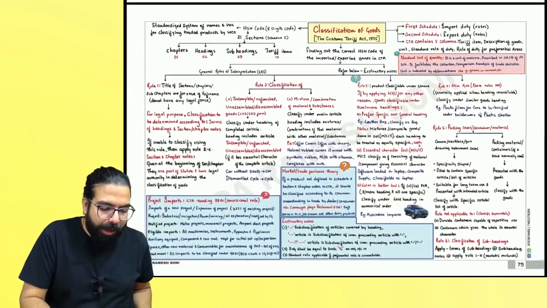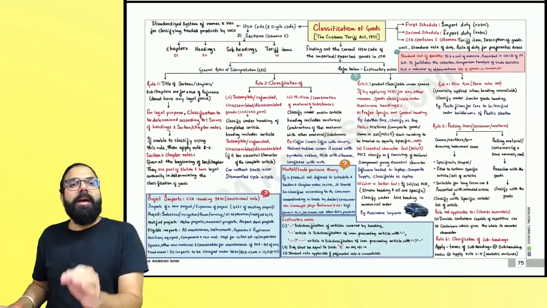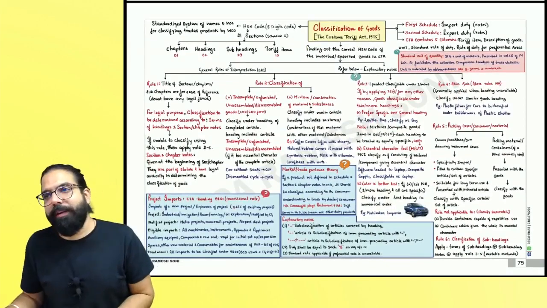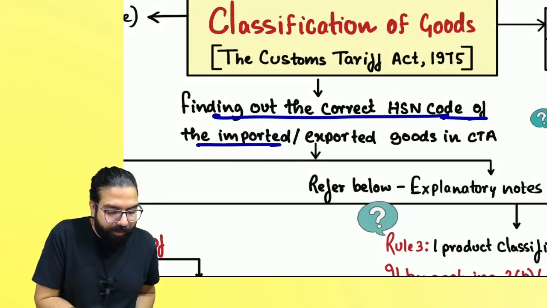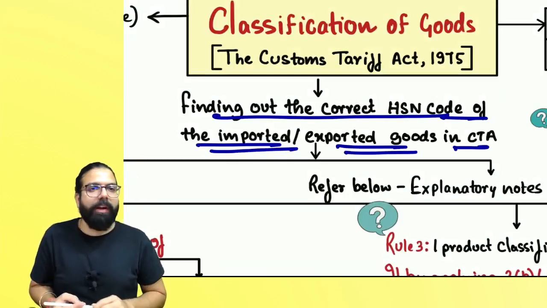Chalo, let's go ahead and now revise the next chapter. The next chapter is classification of goods. What do you mean by classification, everyone? Classification means going ahead and finding your correct HSN code of the imported or exported goods in the custom tariff